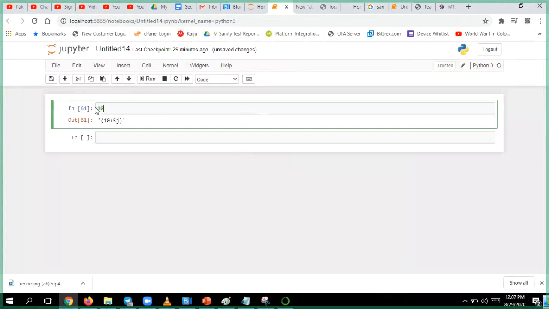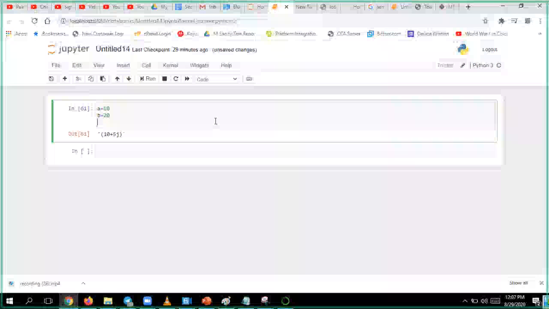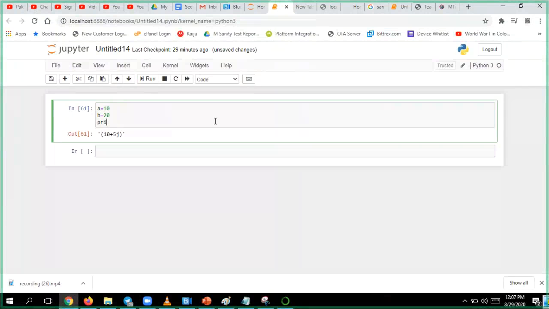Now I have 10, an integer. A is equal to 10. B is equal to 20. Now I want to do addition, subtraction, multiplication, division like this. Just remember print.